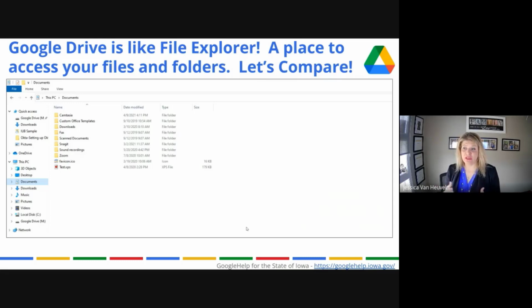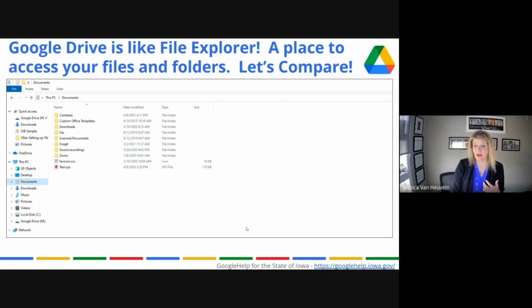The thing is, you can get it to be more of a flat material design if you choose to by going to list view. And we're going to talk more about that. So as we go through the next slides, I want you to consciously think about, oh, I do that in File Explorer. I didn't realize that Google Drive Chrome Web Interface does the exact same thing, same functionality. And once you start thinking that way, you're not going to be so overwhelmed with Google Drive. Okay, so put that little cap on today and just compare on some of the things that we're going to